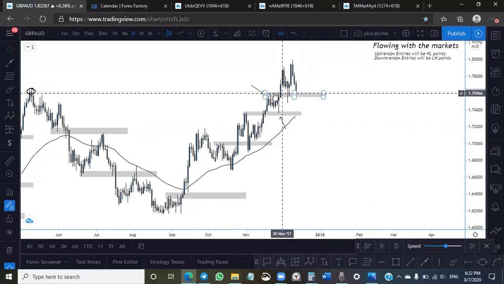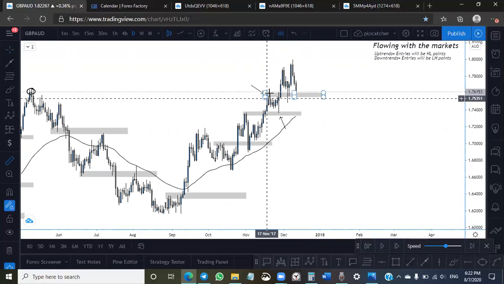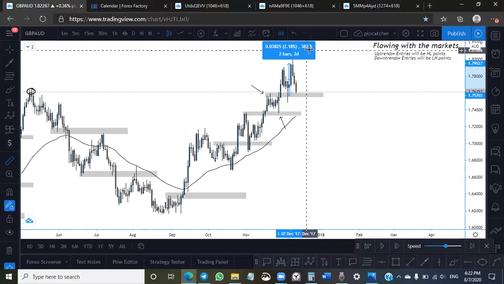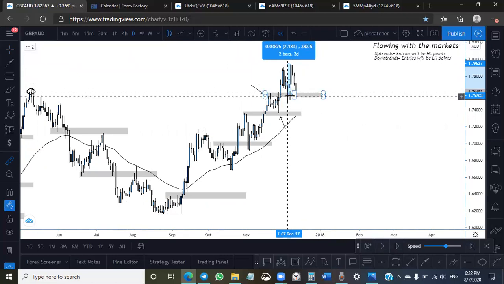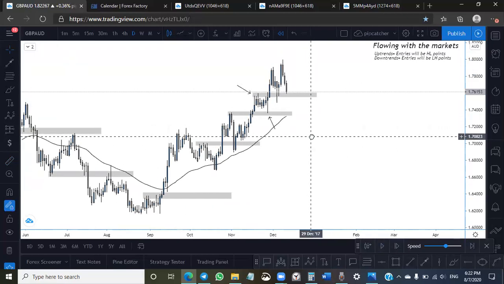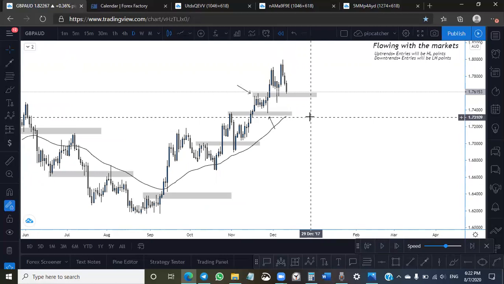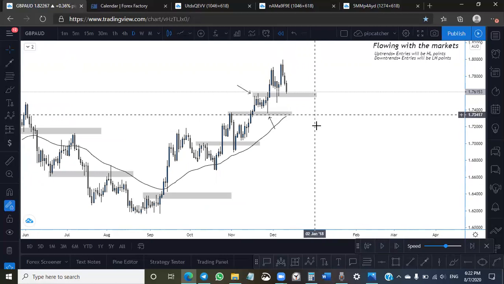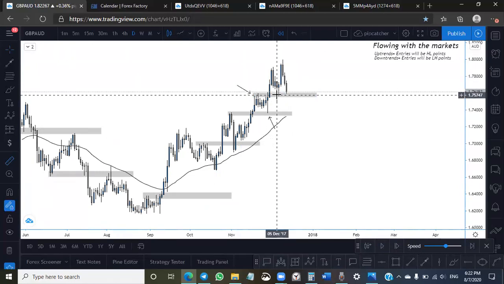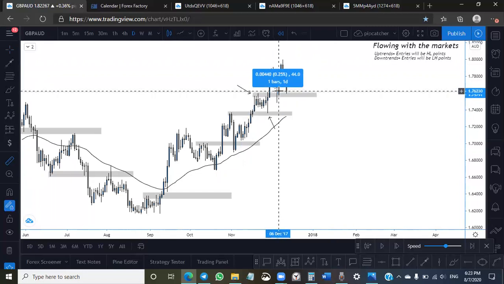So we had a nice rejection from this structure area here, about 382 pips in 1, 2, 3 days. Okay, that is a very, very good trade setup. I say anything over 50 pips can give you a living off of trading, right? When you look at it from a percentage gain and not a monetary gain,